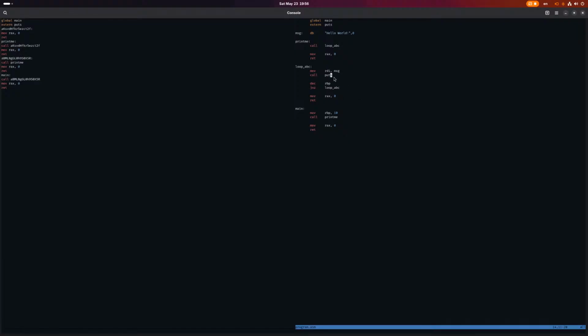So this all works, and then here we decrement the RBP. So this should actually be in print me. Cleaning up my bad assembly here. There we go. So basically what this does is it runs,